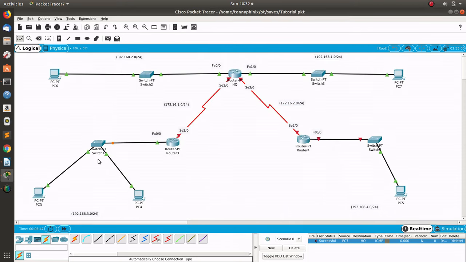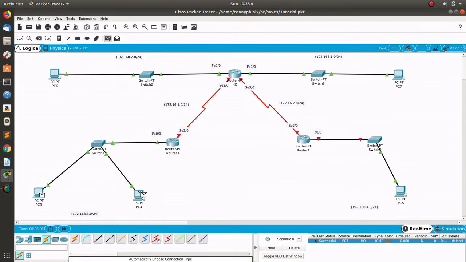Now let's just try sending a message from here to here through the switch. You don't need to configure the switch because you're not going to go through the router. It will just pop from this computer to the switch, then the switch will send that message to this computer. So let's just try sending a PDU. Hit P on the keyboard, and